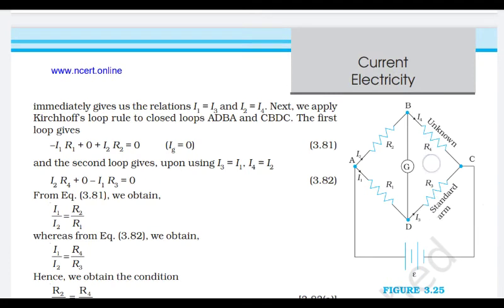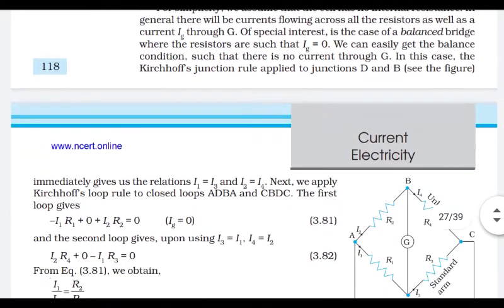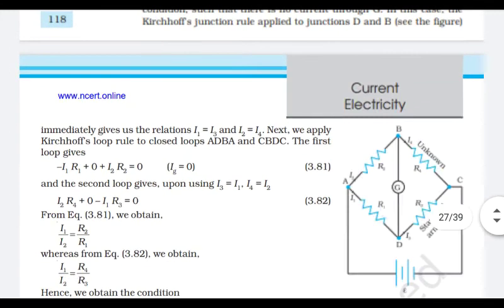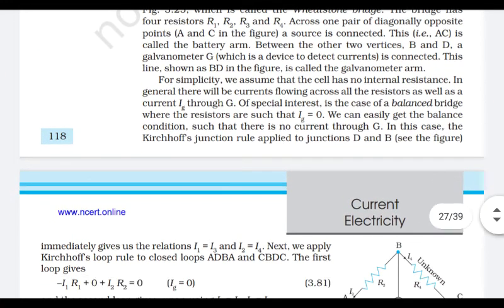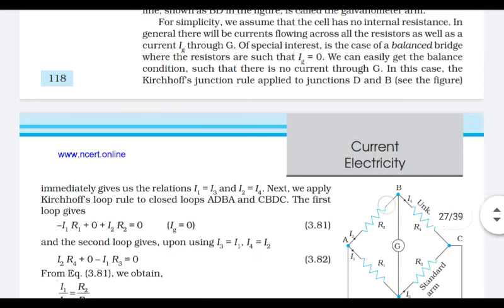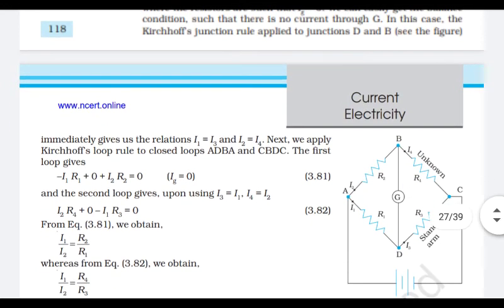So what is the principle? You remember, this is the one number. When the bridge is, we call it Wheatstone bridge, when the bridge is balanced, then the value of current through the galvanometer, which we denote by the letter Ig, is 0. And in this condition, for balancing the bridge, the current through the galvanometer should be 0, means Ig is 0, and then simply the ratio of the two arms R2 upon R4 should equal to R1 upon R3. This is the simple principle.